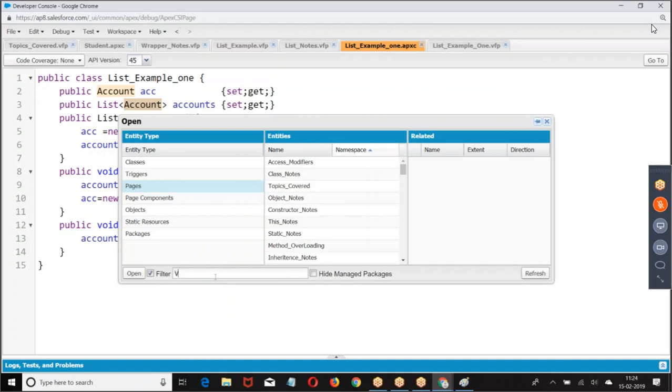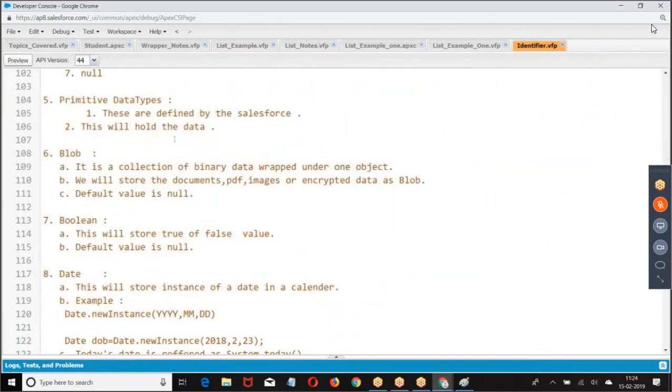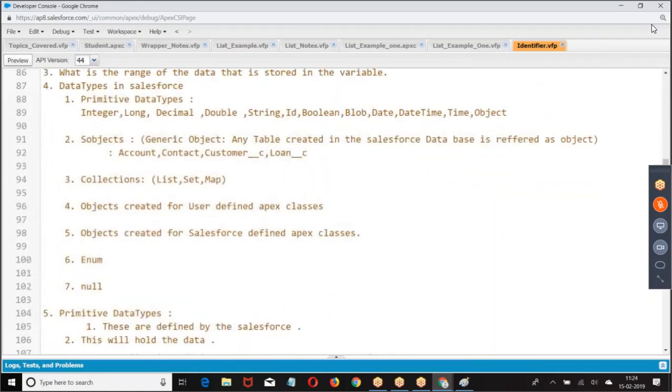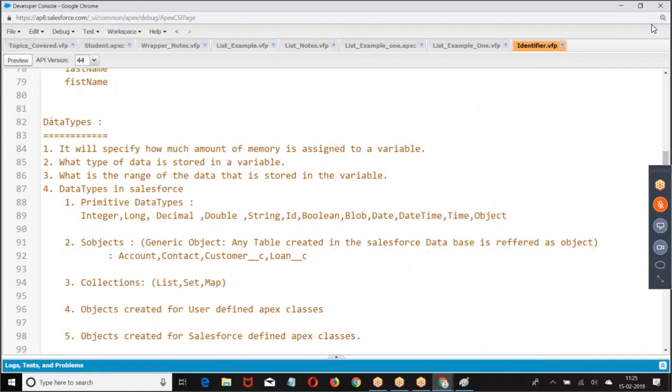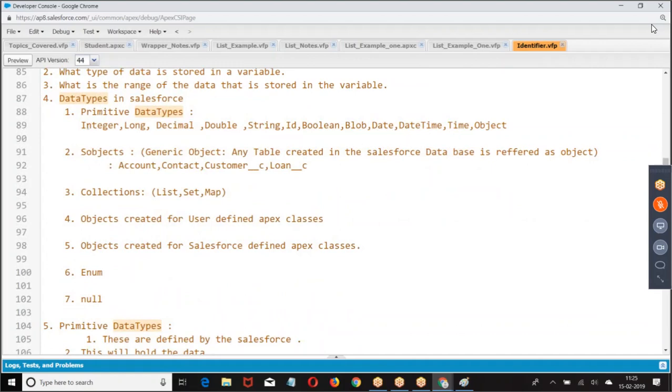What are the different types of data types we have? Primitive data types. Now we are only considering primitive. This is one of the data types.